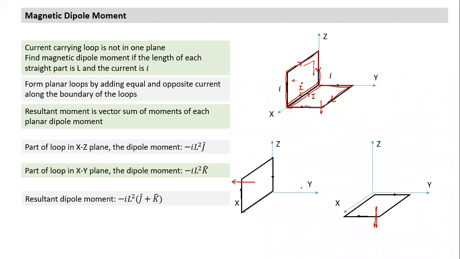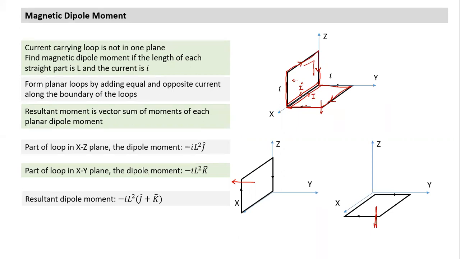So are we okay with the concept of magnetic dipole moment? Magnetic dipole moment is a vector. What constitutes a magnetic dipole moment? Any current carrying loop of any shape constitutes a magnetic dipole moment. If a loop lies in a plane, it is easy to find. The dipole moment will be perpendicular to the plane of the loop, given by the right hand thumb rule. Magnitude is NIA, direction is given by the right hand thumb rule, perpendicular to the loop.